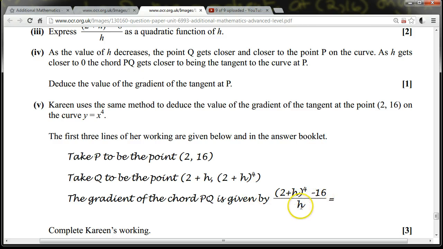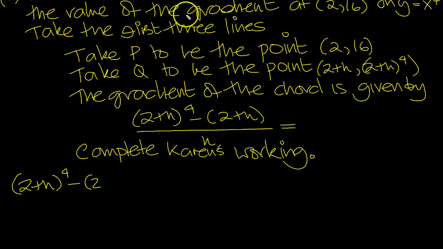So that's what I should have written here. Minus 16 over h, of course, because it was 16 there. I thought something was not correct in what I wrote down. There we go. Okay, so minus 16 then, here. So I think I've written down the question correctly, over h,